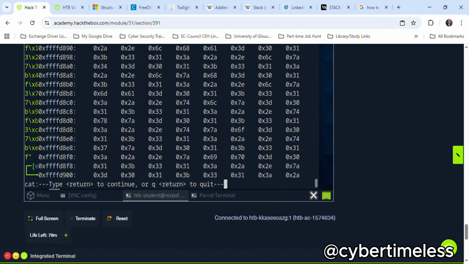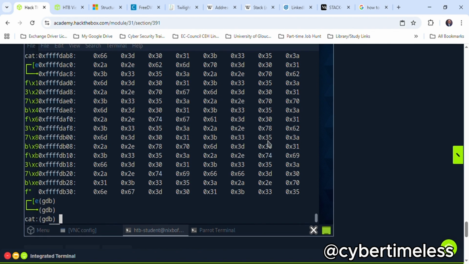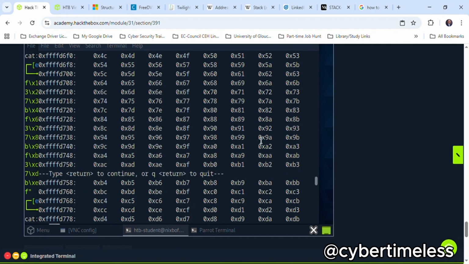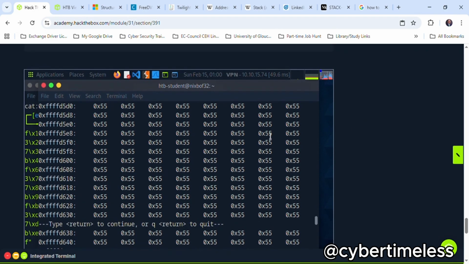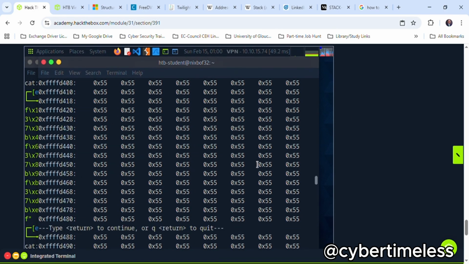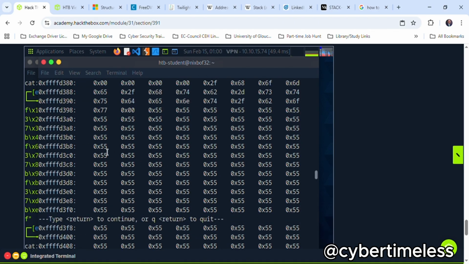So the first thing we're going to do is look for where the buffer started from, which is the 0x55. That's where the buffer started from. And then we're going to look at where it ends. So we're going to go down to where it ends, and from where it ends, we're going to